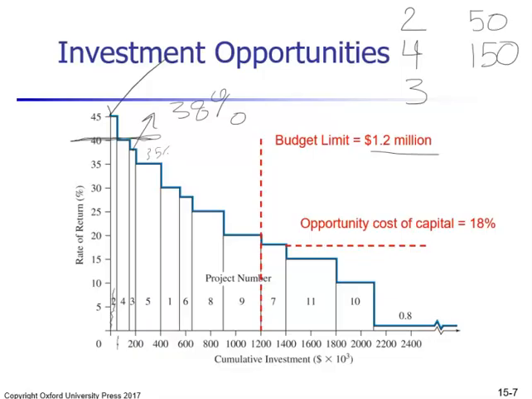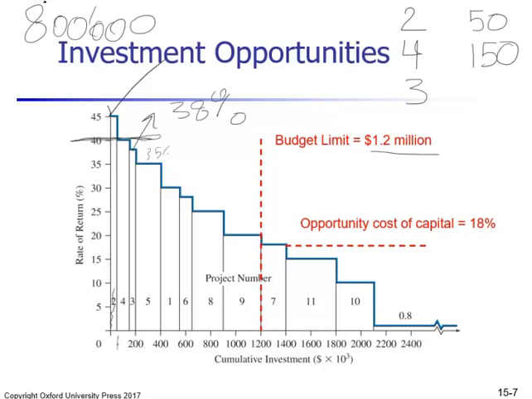As you can see, the cumulative one is $400,000. So how much more money do we have to invest? 800,000. Okay, so it goes and assigns the other available options to that remaining 800,000